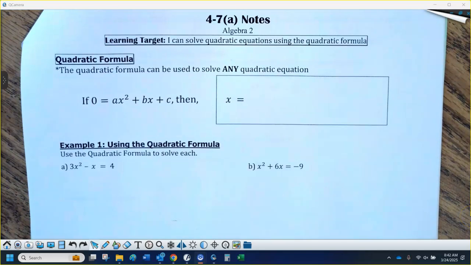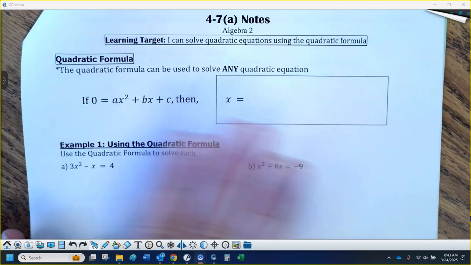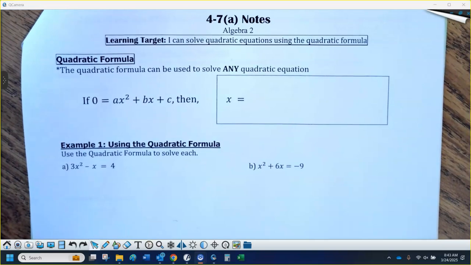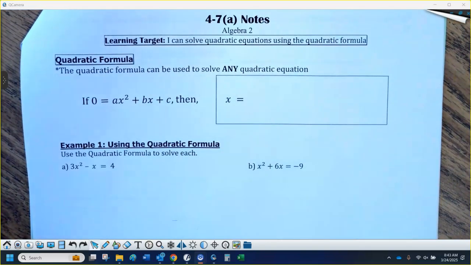Today is the quadratic formula, and we're going to spend a couple of days on this. Today we're just going to do basic stuff with equations, and tomorrow we're going to attach some situations. But you can literally use this to solve any quadratic equation. You can't always factor something. You can't always use square roots. Maybe the graph doesn't cross the x-axis if we have an imaginary solution, but you can always use the quadratic